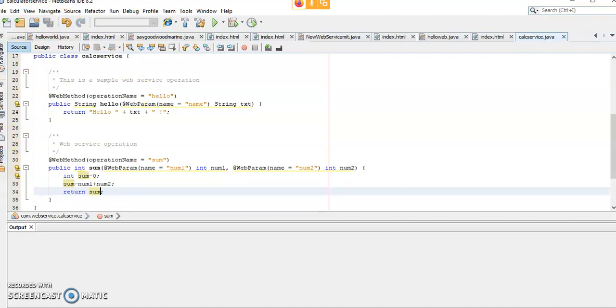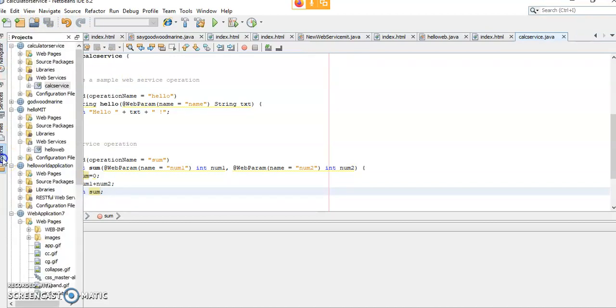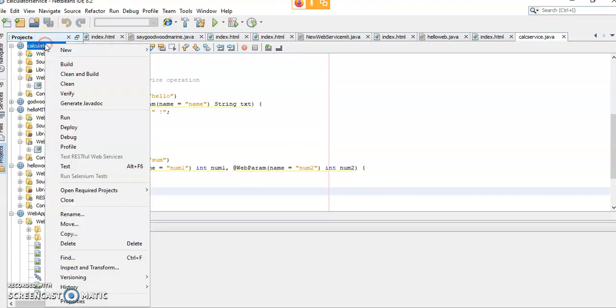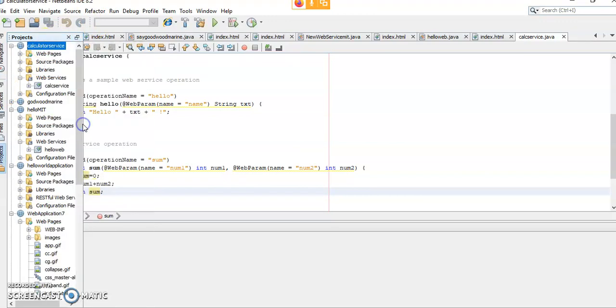Okay, so what is the next step? Now deploy and test the web service. So right click on the project, deploy. Web services get deployed on the GlassFish server. That is the main intention for deploying.